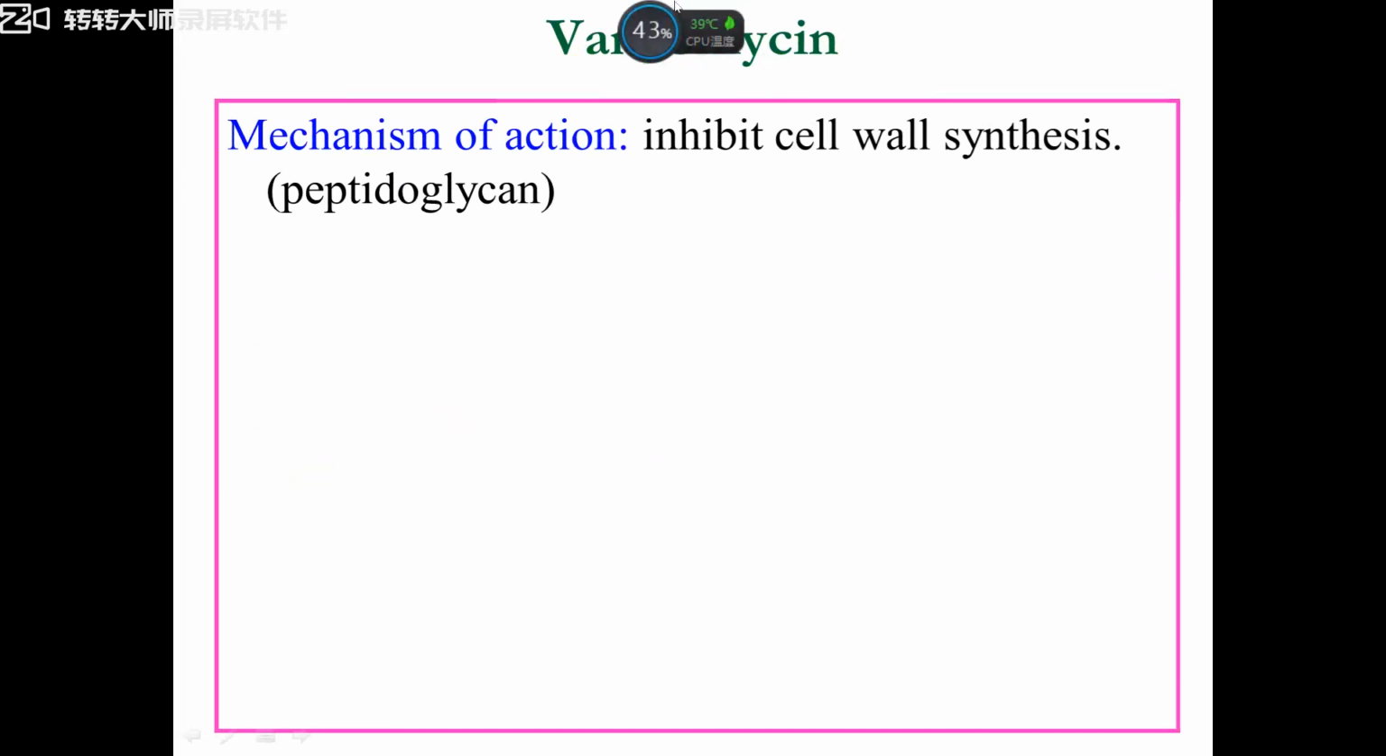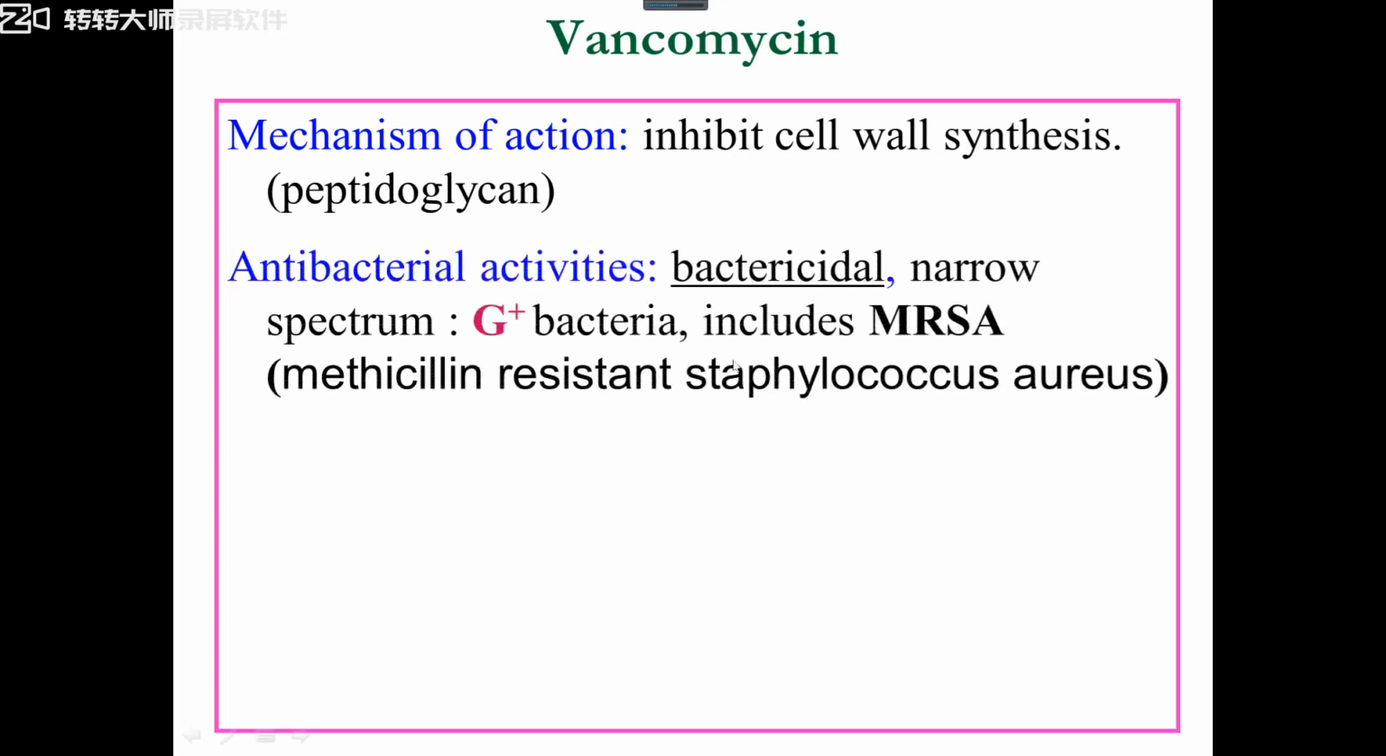The last drug in this chapter is vancomycin. So let's study vancomycin. Vancomycin inhibits cell wall synthesis. Do you remember we studied some drugs that can inhibit cell wall synthesis? Which kind of drugs? Yes, penicillin and cephalosporins. So vancomycin shares the same mechanism with penicillin and cephalosporins, inhibiting bacterial cell wall synthesis. That may mean similar